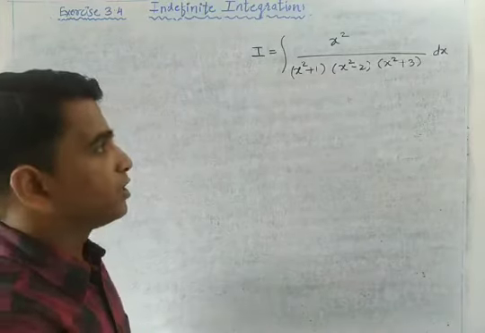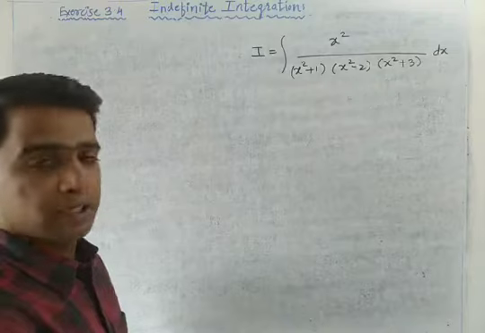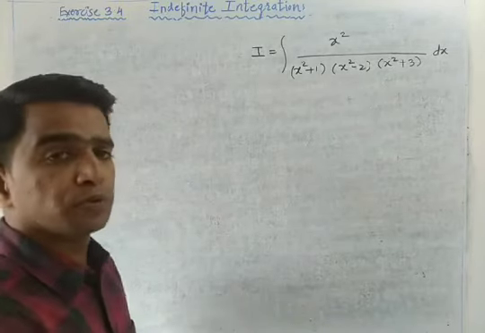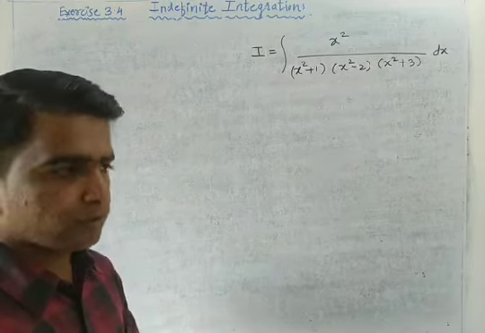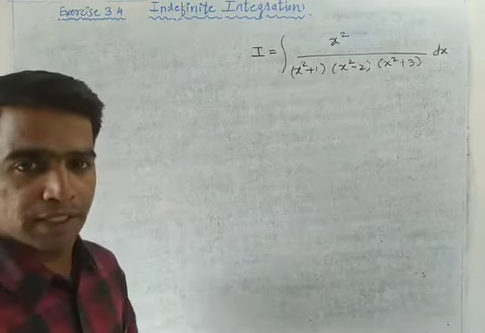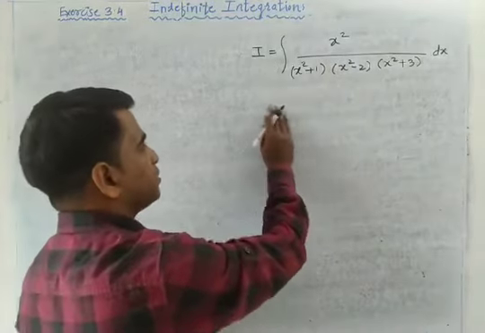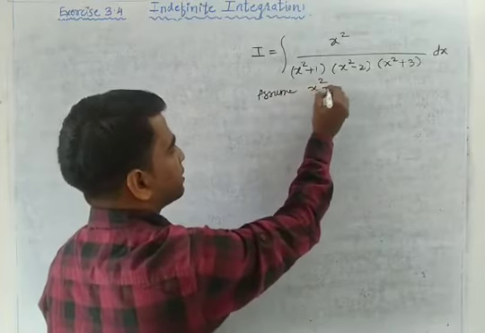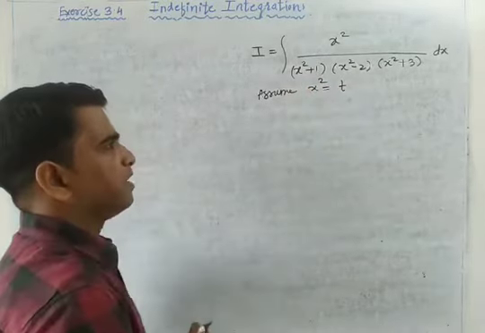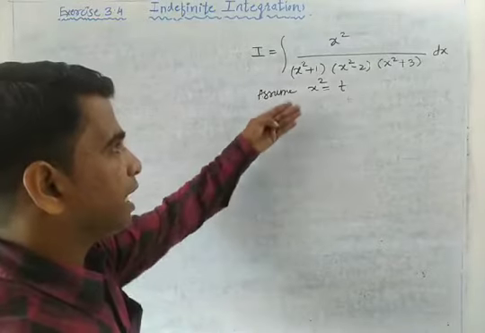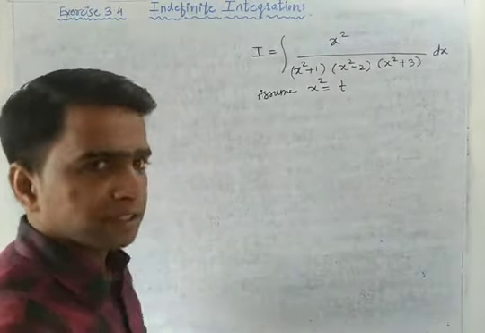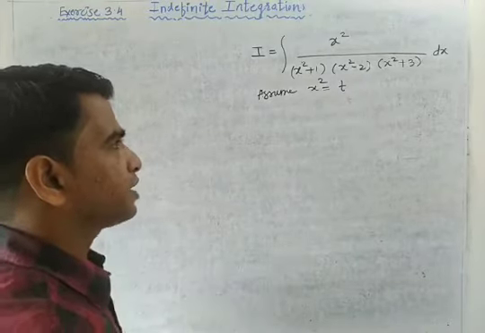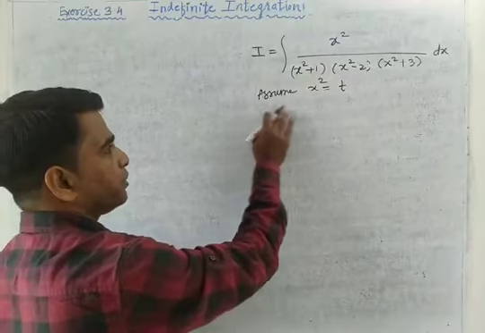So it means this is a proper rational function. And for proper rational functions we are going to use partial fraction integration formulas. Get it? But x square is given. So what will we do? We'll assume x square is equal to t for some simplification. Now we rewrite with x square before finding the integration. Get that? Not after integration. Before finding the integration we write t as x square, just for simplification.